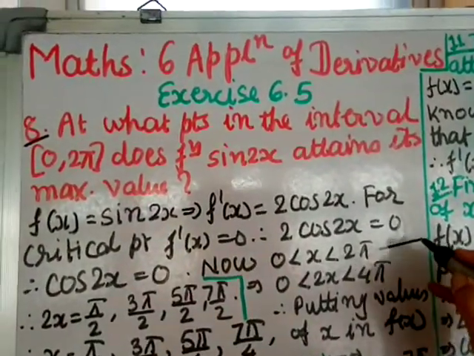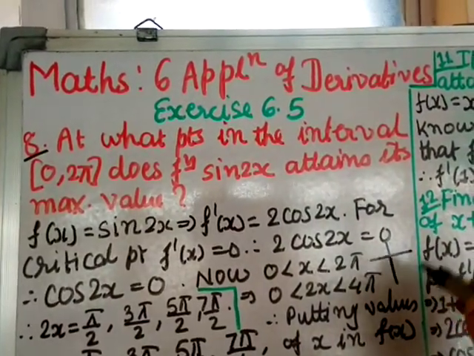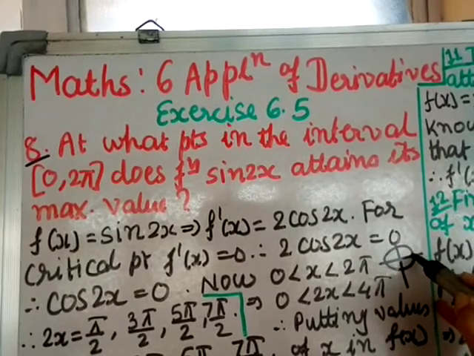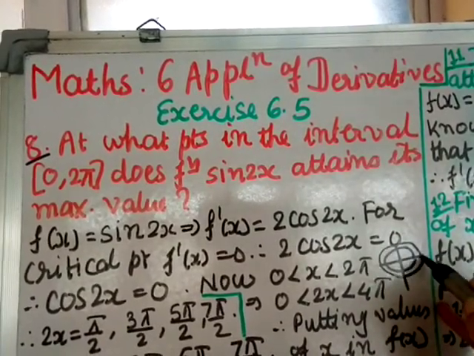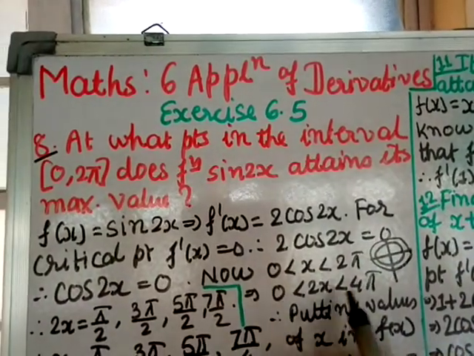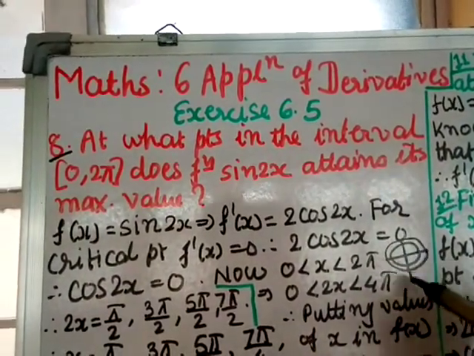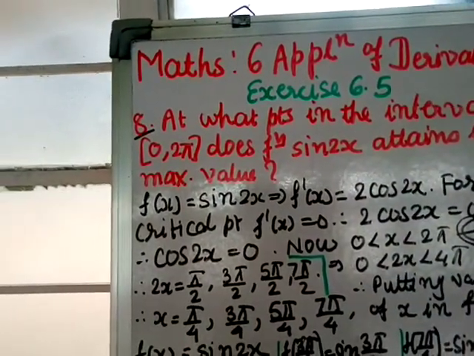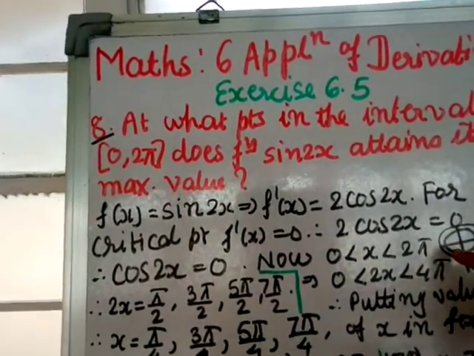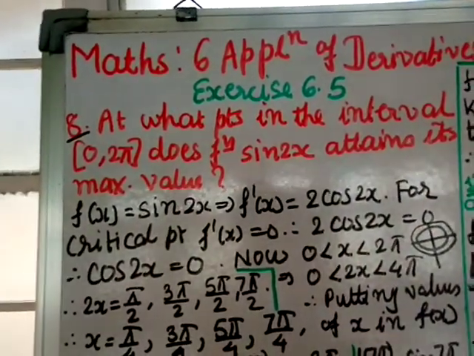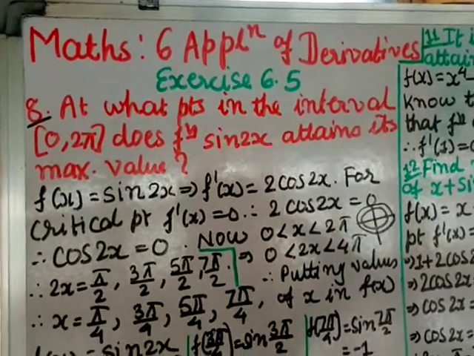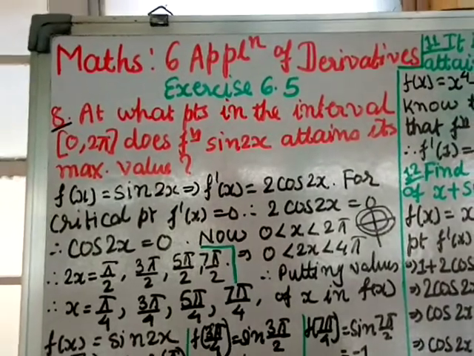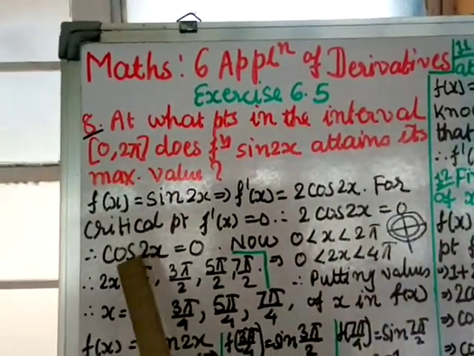You know that this is my unit circle, and this is the 0 angle. One whole round is 360°, that is 2π. Then again you take one more round and come here. So 0 to 4π means one full circle, then another circle. So the value will go from 0 to 2π, and again 2π to 4π. It is twice the angle, or two circles in this unit circle, in the 4 quadrants.